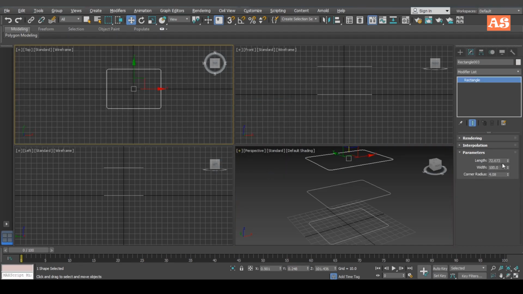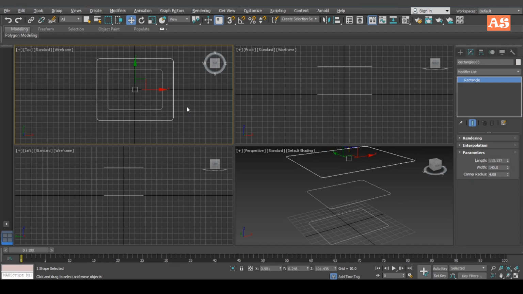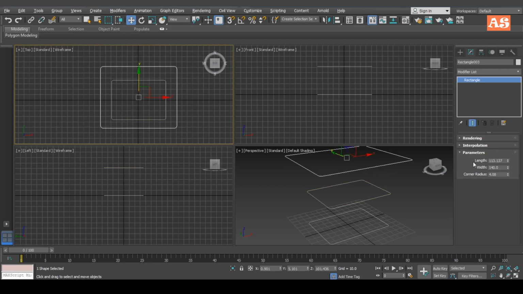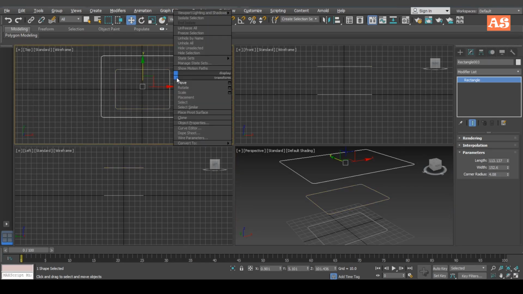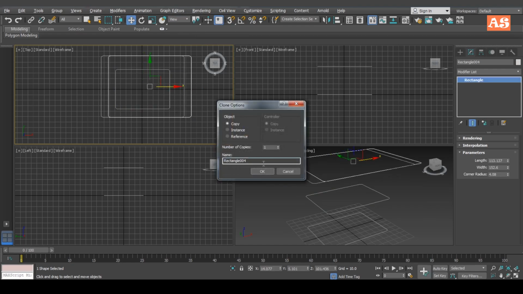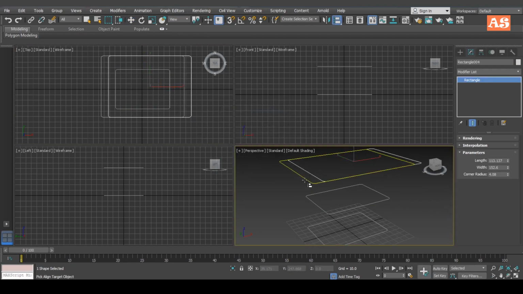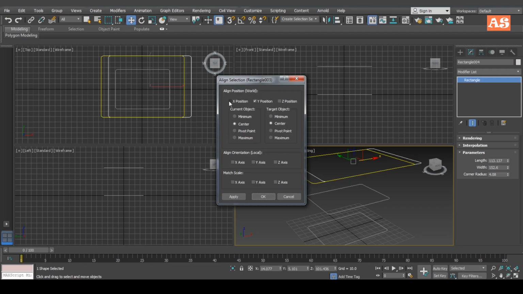I need to make it a little bigger, so I'm going to place it like this. Adjust a little bit more so it will appear like this. Again create a copy of this one too, so again copy with the help of Shift, and realign with the previous rectangle. XYZ.